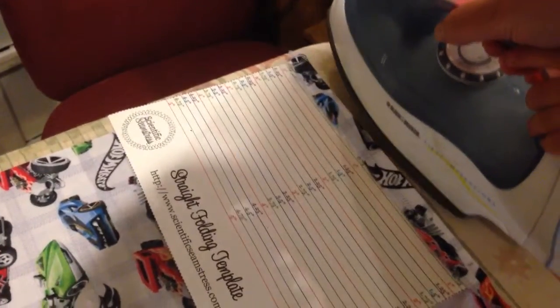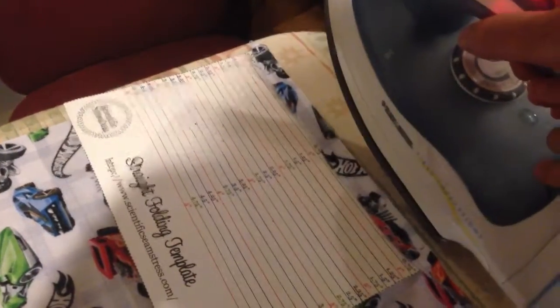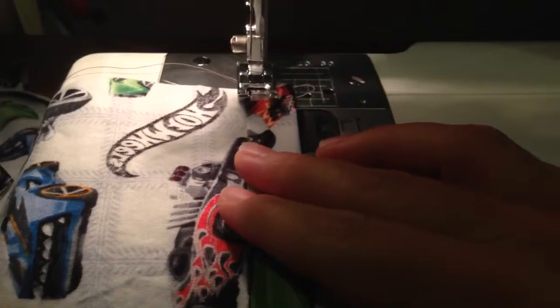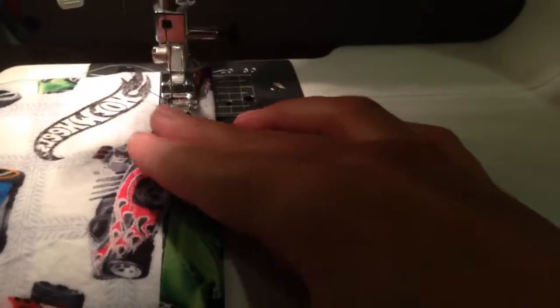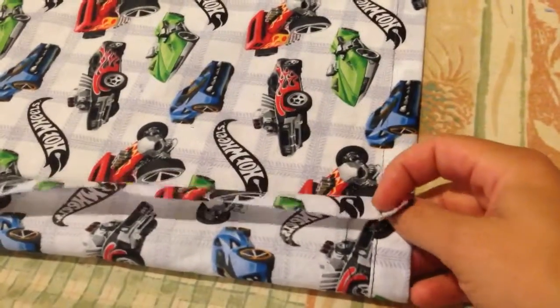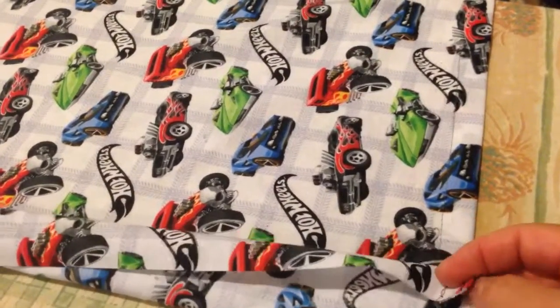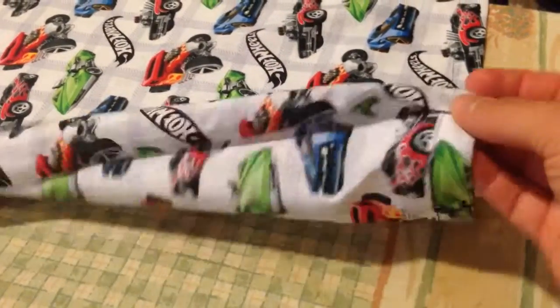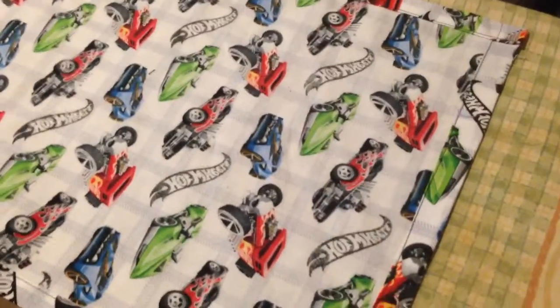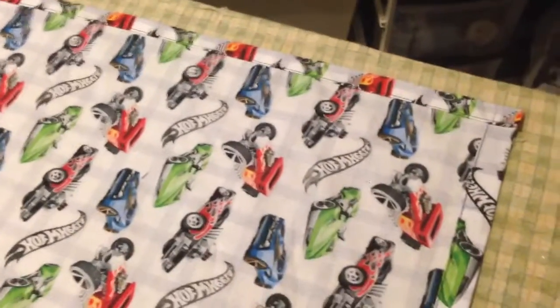As you can see, we had just folded it over so it lined up, and we're just ironing it right down. Okay, and here I'm just going to sew right down to close up so we have a nice finished seam. So we're just going to do the same thing on the long sides, both long sides actually. You're still going to finish it the same way. So iron, then sew. Okay, so as you can see here, every side has